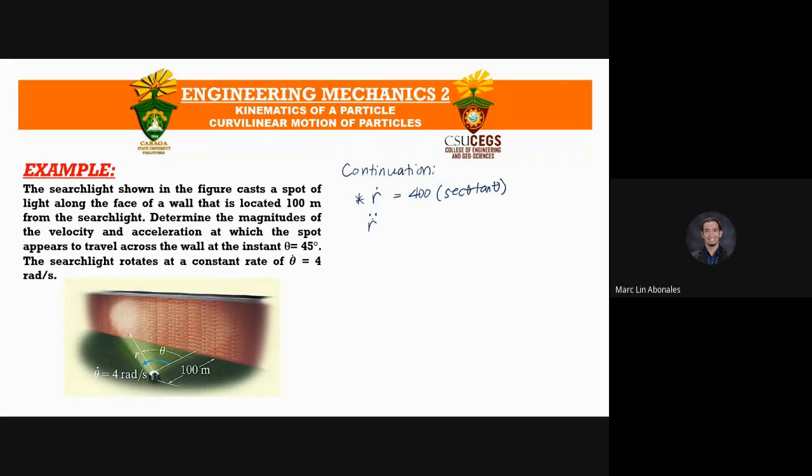So ang r double dot na to, that is a derivative of r dot with respect to time. So wala na ko siya gisulat og ingani. Diretso na nako kay meaning ana second derivative, then with respect to time gihapon. So we can use product rule since these two are different terms or entities. So using product rule,